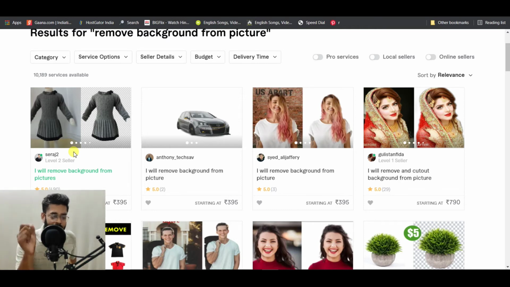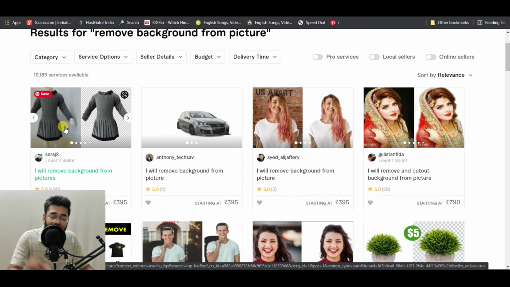Follow the pattern which they have created, follow what they are writing in their gig, understand and do some search engine optimization of your gig, and you will be able to get traffic. Okay, even in this saturated niche you will be able to get traffic on your gig, and that is something which you need to do.